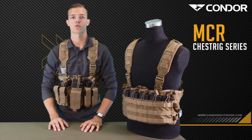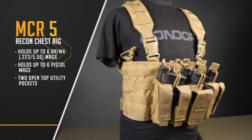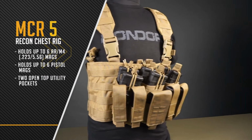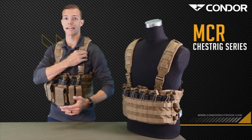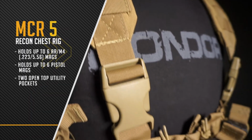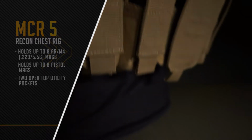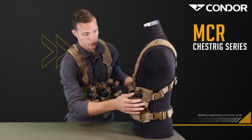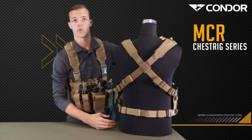Two pre-configured chest rigs. The first chest rig is the Recon chest rig. It's the one I'm wearing right now. As you can see, it's got padded shoulder straps with a built-in D-ring. It also features the Swivel Lockster, and just like this chest rig, it's an X harness fully adjustable on the